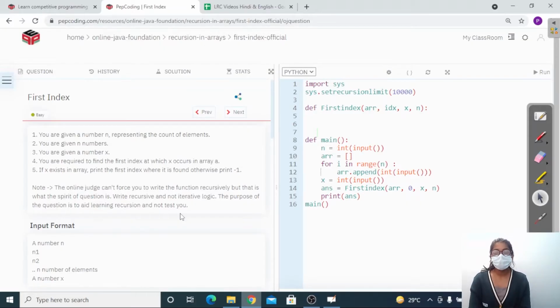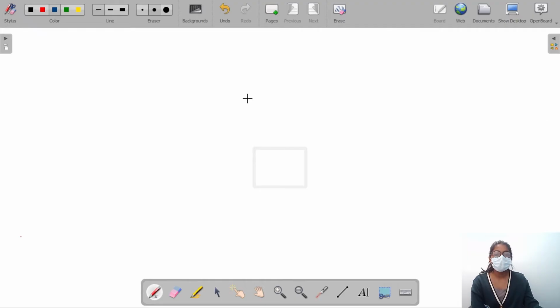Guys, welcome to Pepcoding. In this video, we are going to discuss a question that is first index. In this question, we'll be given an array of size n containing n elements, and we'll be given a number x. So we have to find the first index of x,